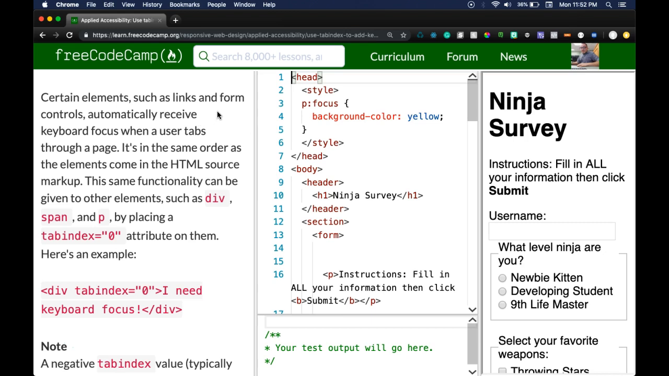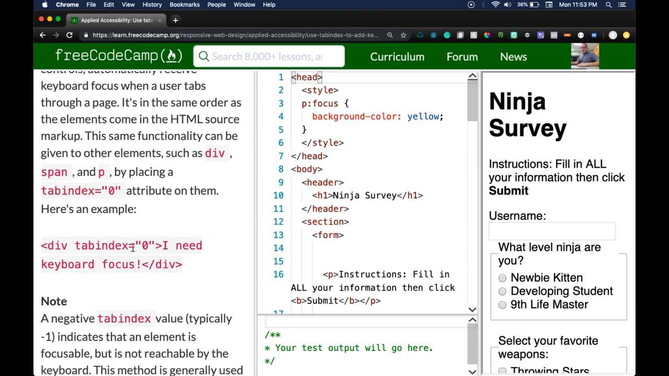Certain elements such as links and form controls automatically receive keyboard focus when a user tabs through a page. It's in the same order as the elements come in the HTML source markup. This same functionality can be given to other elements such as divs, spans, and paragraphs by placing a tabindex of 0 attribute on them. Here's an example: div tabindex="0" I need keyboard focus, would give that element keyboard focus when